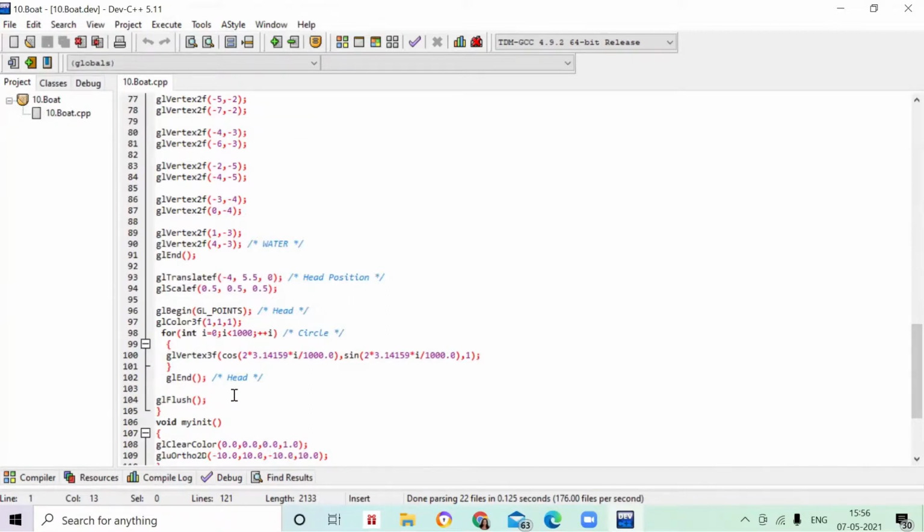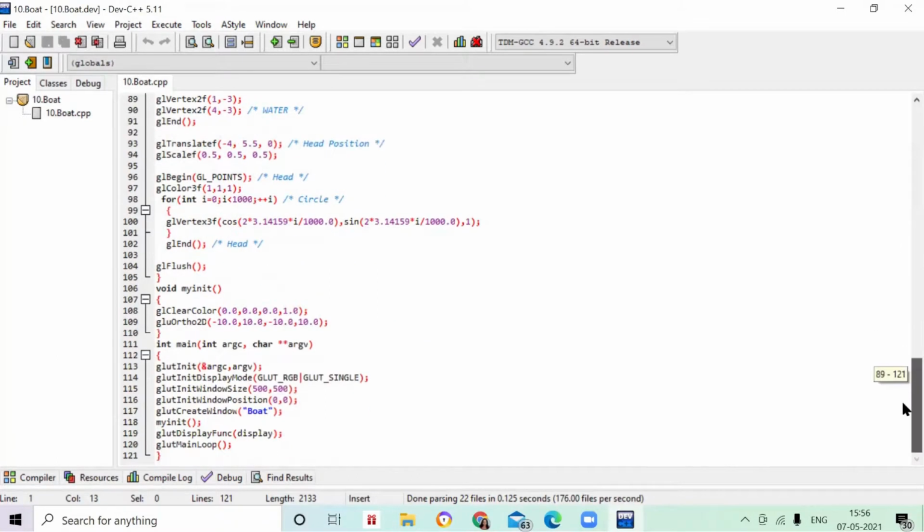Next one, yes, there is a little difference here, where we have to place the head position. The head is a circle, so what we have to do is write a point. For the circle we always have to take the angle positions. So for the angles there is a formula, where you calculate with the pi value, pi r and so on. Here these things have been converted into radians and the value has been calculated, and it moves by however many divisions you want to make. Only this part is the difference, otherwise other things are the same as the last program. So this is my init function and this is my main function.